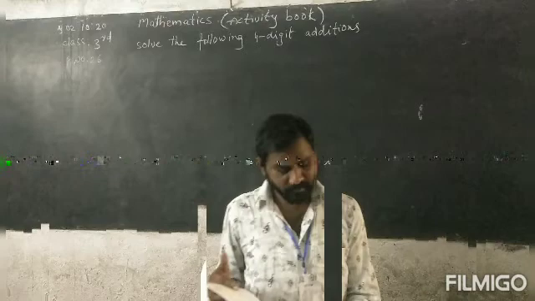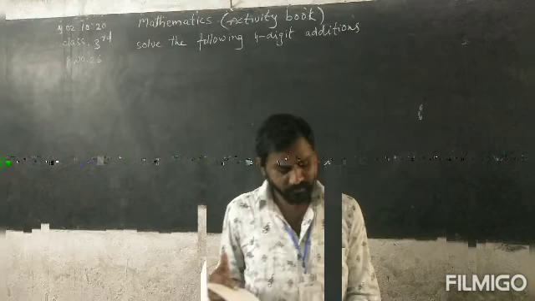First we add the digits in ones place, that is 9 plus 4. Keep 9 in the mind and 4 in the hand. You can count 9, after that 10, 11, 12, 13. 13 is a 2-digit number. So 3 is in ones place, 1 is in tens place. So 3 we take and write down under the ones column, 1 is carried to tens place. Because next we add the digits in tens place.